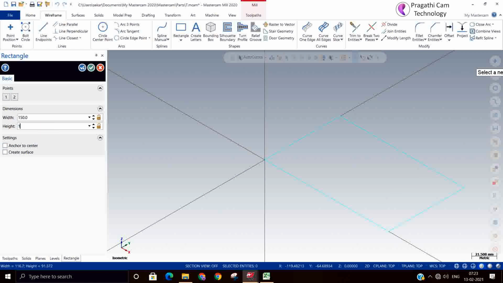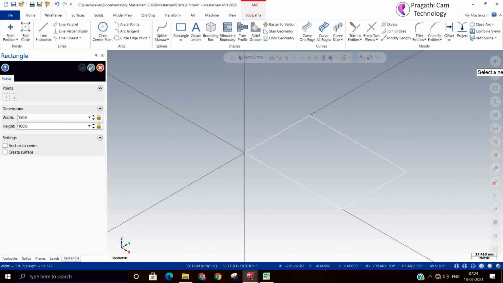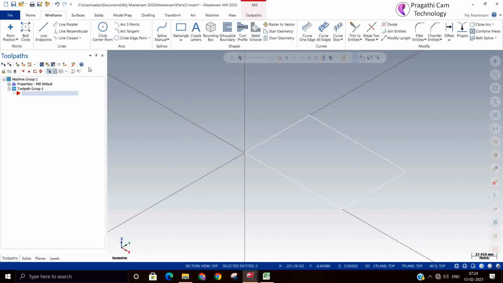Exactly, at any moment of time any two axes will move, either XY, or XZ, or YZ. So if you move in XY, then Z will not move, and when Z moves, then XY will not move.